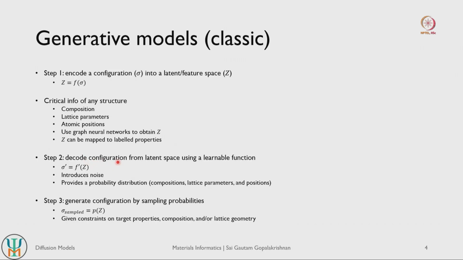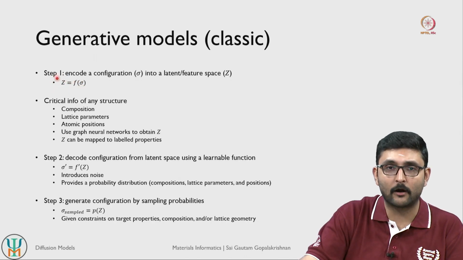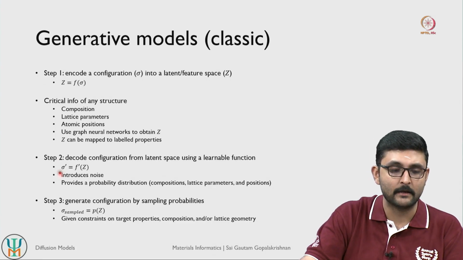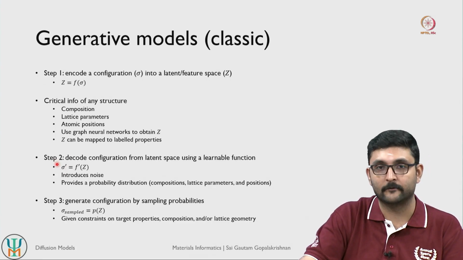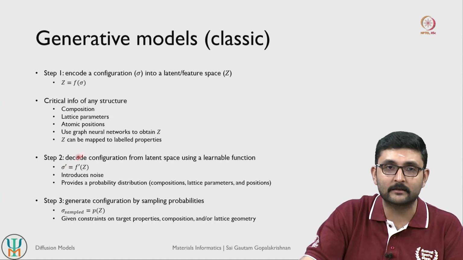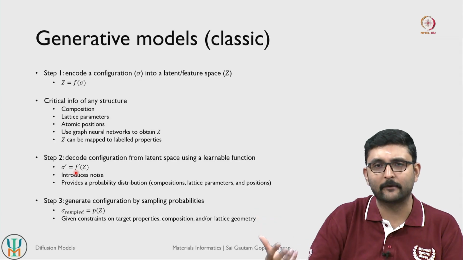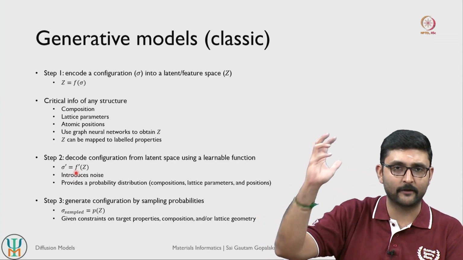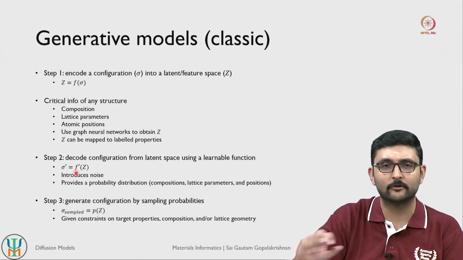Let us say we want to put in a certain set of properties. We know how properties map onto these embeddings in this latent space. So once we figure out what this latent space should look like for a set of properties that we want, we should then be able to get back the structure, right. This step is what is referred to as decoding, and we would need models or algorithms that can decode a given latent space. If you have an embedding space, how does that map into a structure?